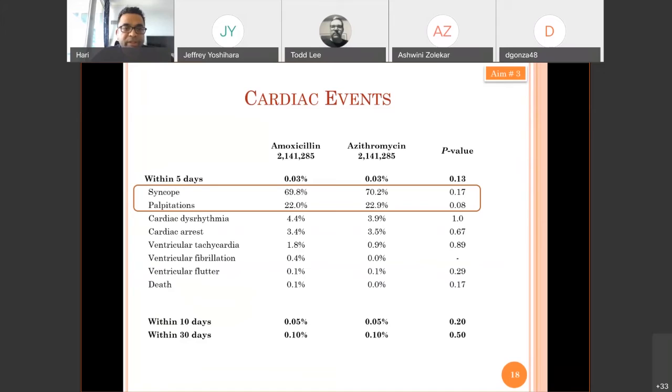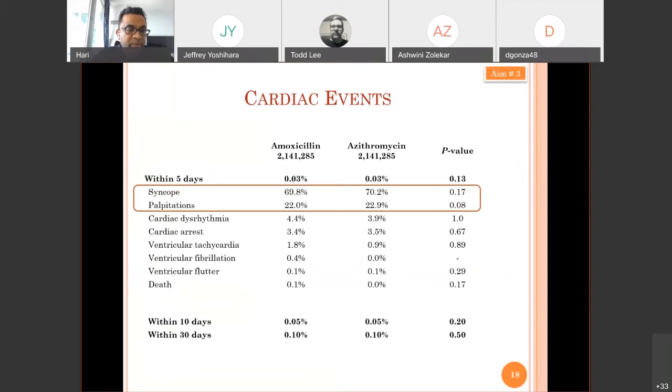But what's important to mention here is that these events may seem nonspecific, but they were serious enough that they led to a hospitalization and ER visit. So again, they're very important in the cascade of what happens to the patients who would experience torsade eventually and cardiac death or cardiac arrest, that these events are measured and included. So majority of the patients, again, had syncope and palpitation as their primary event. We saw the same frequency in the 10 and the 30 day.